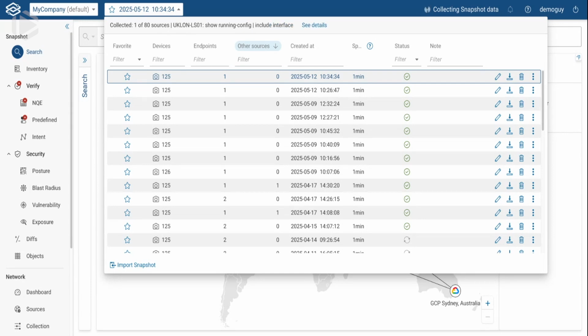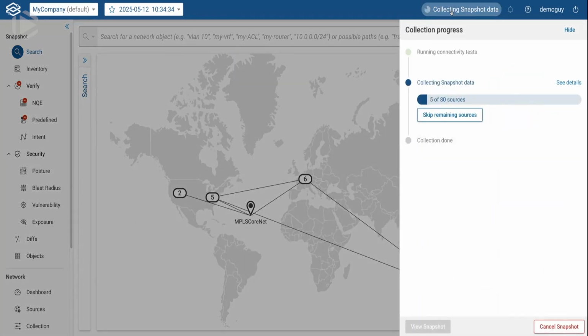So I actually launched a collection, and just in the spirit of being transparent, this collection is going to go pretty quick because this network is small. Oh, okay. So you just hit 80 sources. That went amazingly quick. If I had a huge network with 25,000 devices, how long would this take? That depends on the complexity of the network, but typically we see our extra large organizations that have 25,000 plus devices can do a collection in anywhere from 30 to 40 minutes. Okay. And that data collection is you logging in and pulling a bunch of show commands if it's a Cisco network, or maybe doing a bunch of API calls, pulling a bunch of state out of the network, right? Correct.